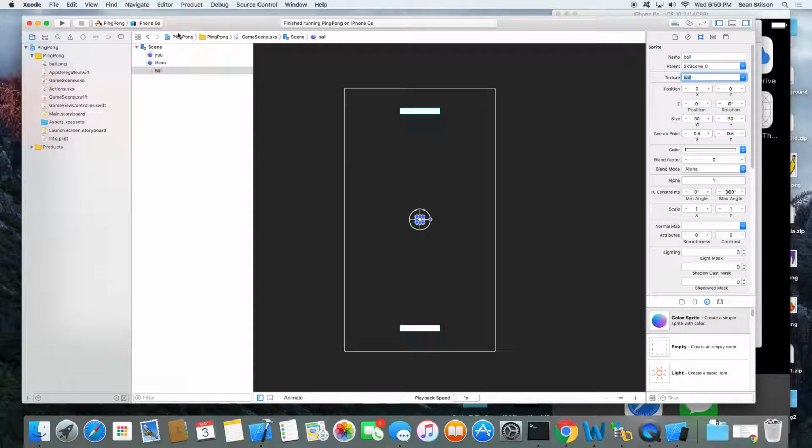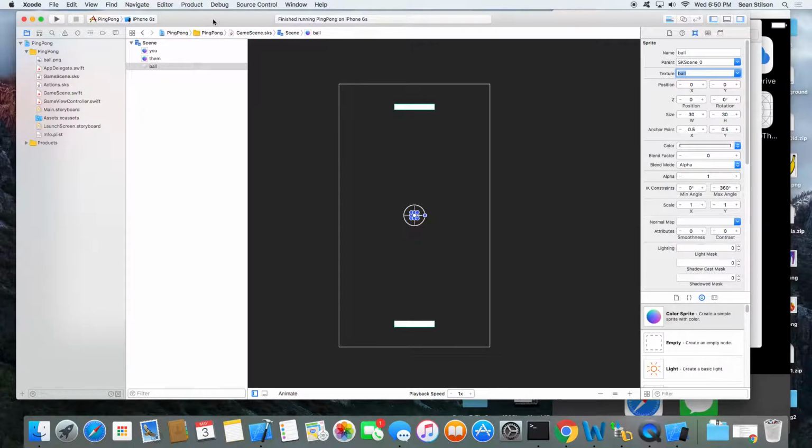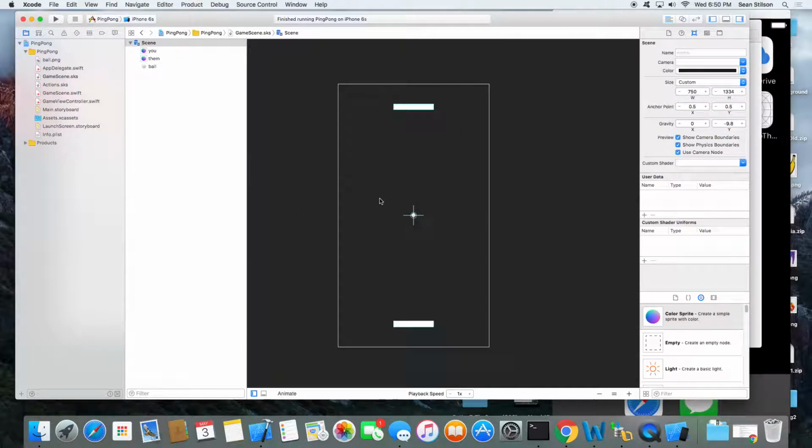All right. So next thing, now that we have that, we're going to actually start adding some code. But before we get to that point, the gamescene.sks file, you notice you have a scene display tree, kind of like you do with a view controller. You have the view controller, the view, and all that good stuff. Same thing with the scene. They did a pretty nice job of keeping it somewhat uniform, but having the difference obviously between a game and a regular app. So I think we're ready at this point to go into our code file.